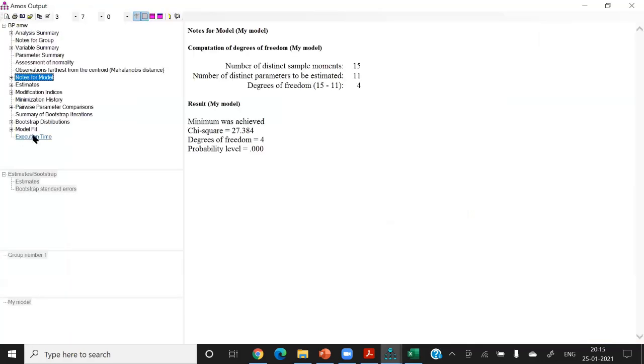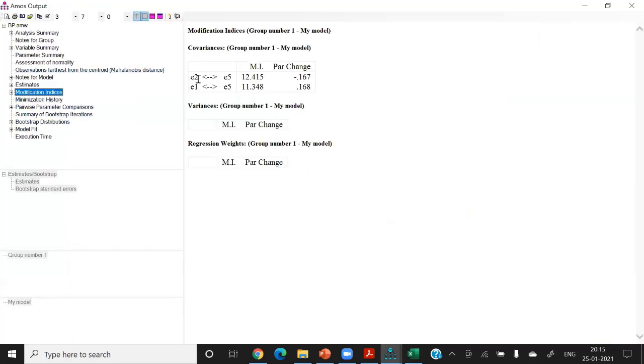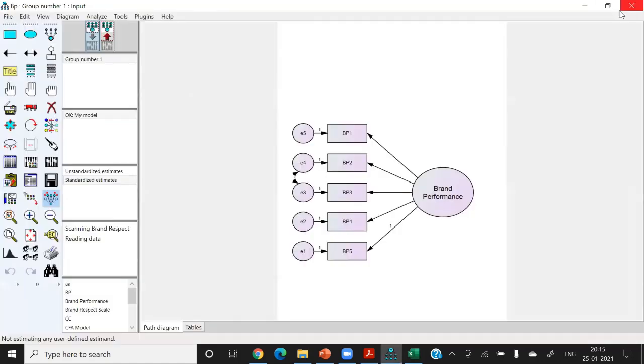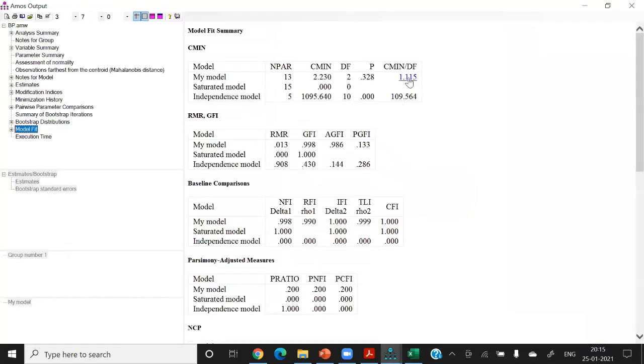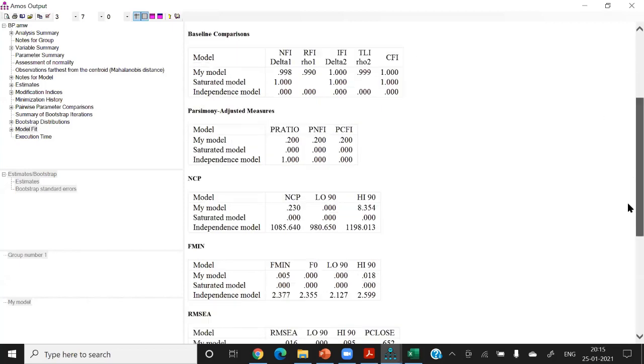Now 2-5, 1-5. Now if you run this, you can see that your CMIN/DF comes down to 1.115, GFI is 0.998, CFI is equal to 1, and RMSEA is equal to 0.016.